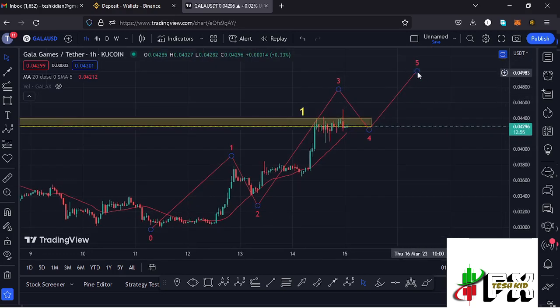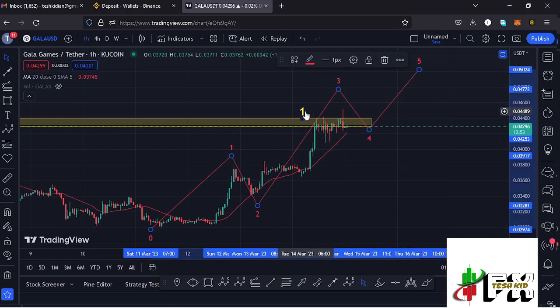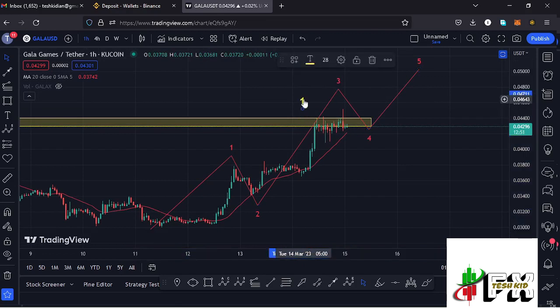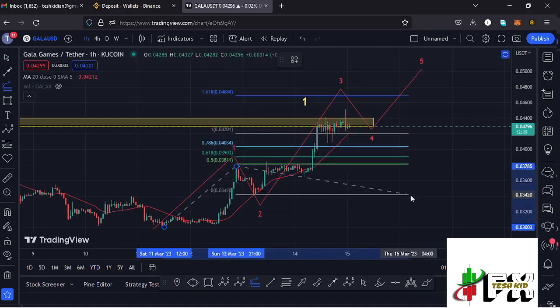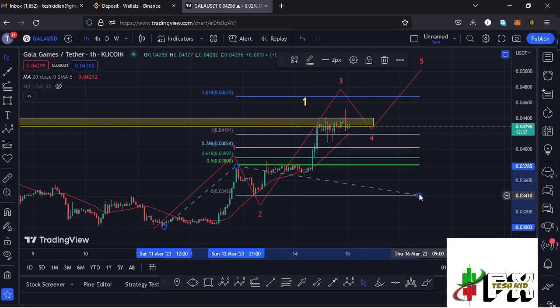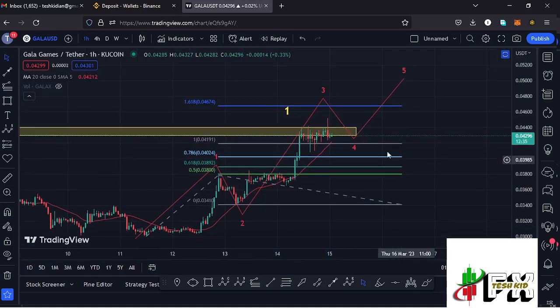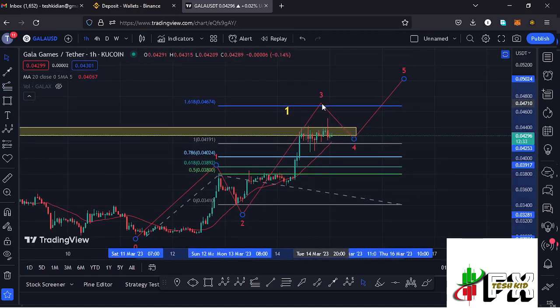And once you see the formation of this wave 5, that will be completing an even larger Elliott wave count 1 to the upper side, and sketching out a target area to the upper side in the formation of this wave 3 by connecting the trend based Fibonacci from the low of the first wave to the high of that wave 1, then dragging the fibs to the low of the second wave. That gives me a minimum target area to the upper side in the formation of that wave 3 at the fib level 1.618, and that is at around the